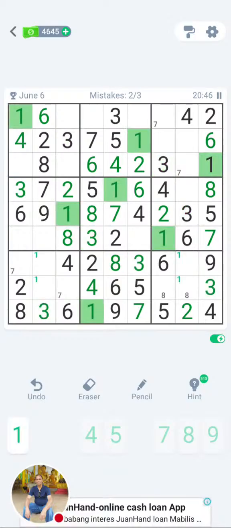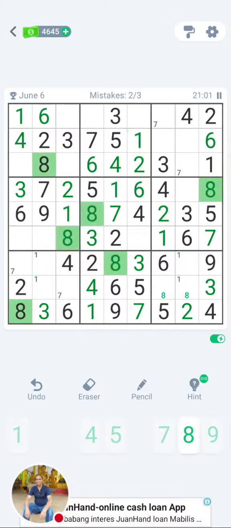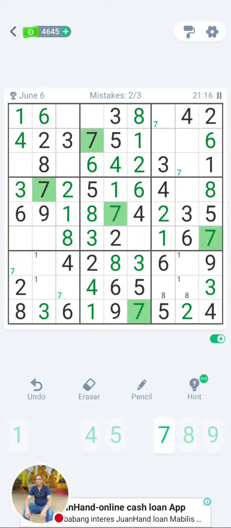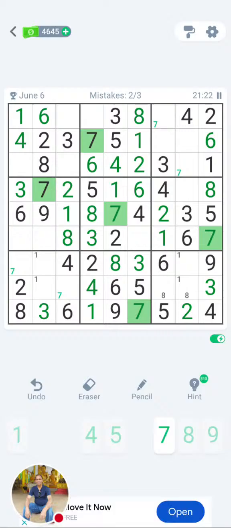Let's go back to the 1. Can I finish the 1 somewhere? No. Can I finish the 1 somewhere? No. So 1, 4, and I think it was 8 or 7. Let's go to the 8. 8, 8, 8. I can fill 8 over here. I cannot fill that one. 8 and 8. So 8 in the middle. No. Okay. I think it was 7, was it? 7, no. Okay. So like this, you go on filling up.